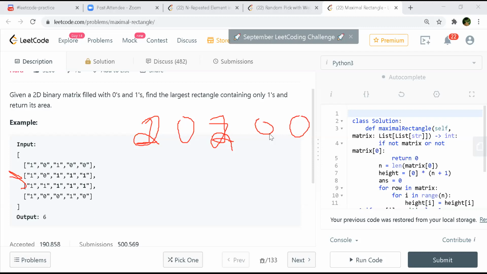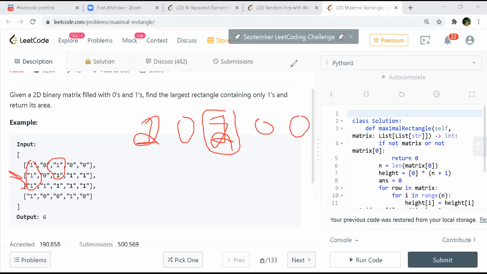So now my answer would be 2, corresponding to this bar. Right? The first one also.